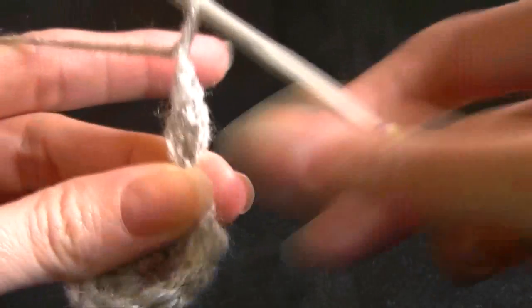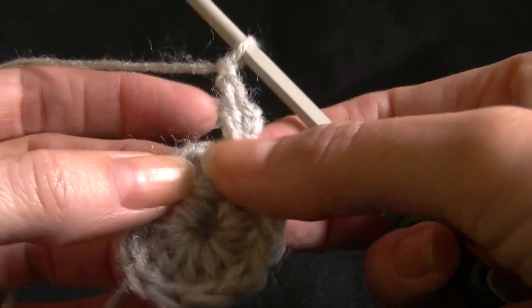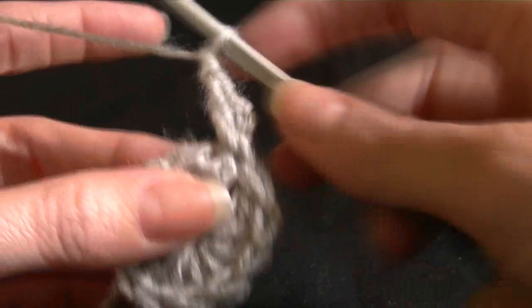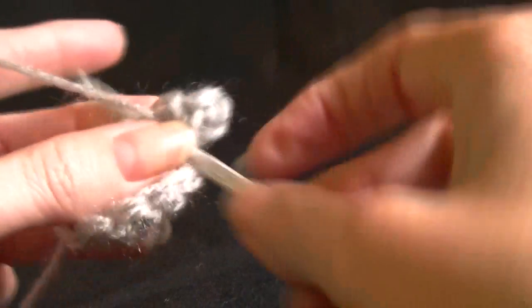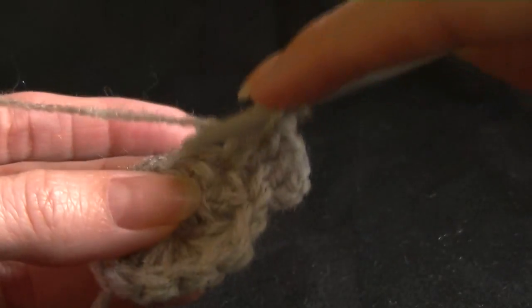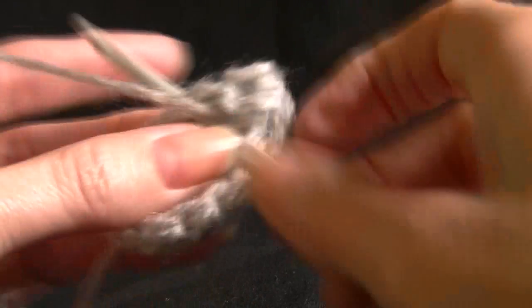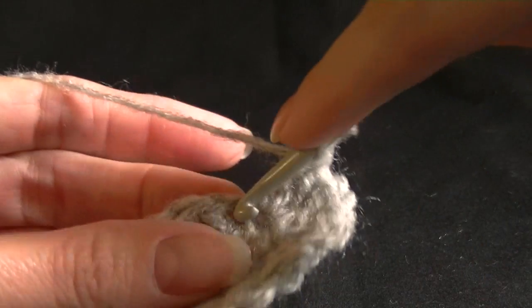And a chain 1. In the next stitch we are going to work 2 double crochets and a chain 1. Going into the next stitch. So 2 double crochets is counted as an increase. So chaining 1, and in the next stitch we're going to work another increase. It's all worked in double crochets, and a chain 1. Next stitch,